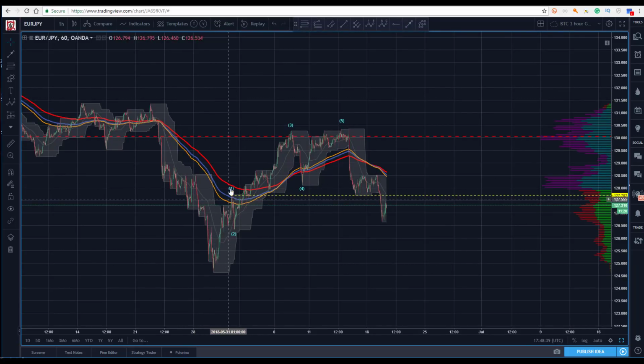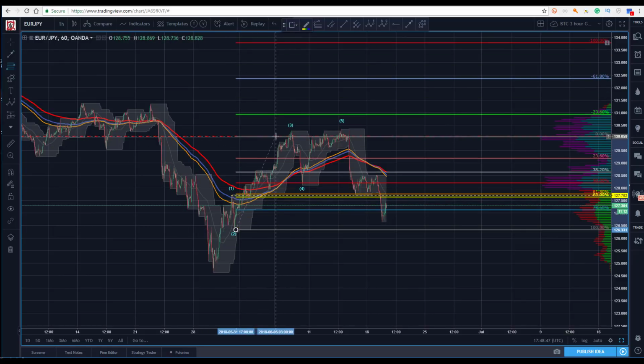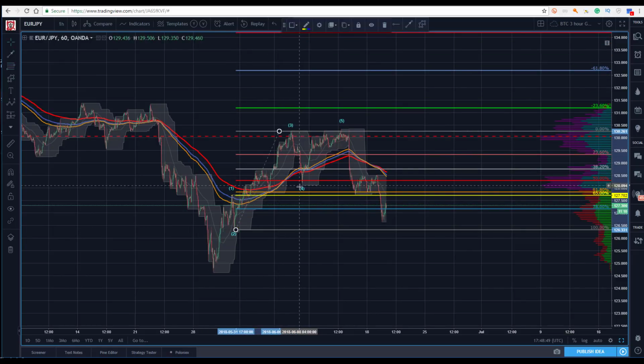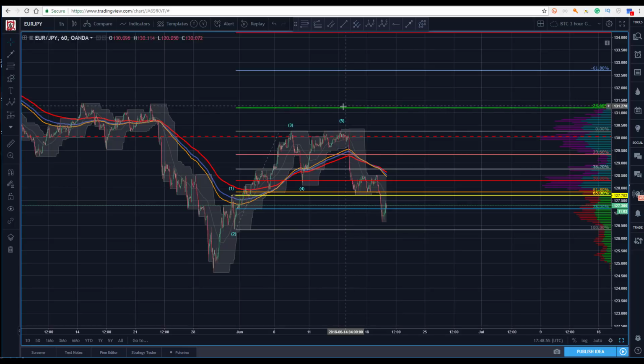But we can see here we get a nice 1, 2. Well, you look here, it looks like we've got a truncated fifth, but I do have my 2 to my 3, so I can check here. What do we get there? 2 to the 3, we go right to the 50. Now this falls short of the target. Just because the target's there, they don't always make it, but certainly a nice trade here.